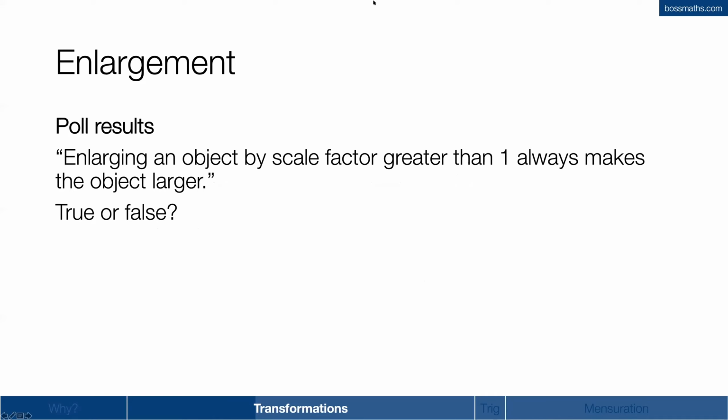So the poll results, I'm afraid that was a bit of a trick question. I think we had 94%, unless I'm mistaken, who went for true. Enlarging an object by scale factor 1 always makes the object larger. Now, I'm going to say that's not actually true, because I could be talking about a point. I deliberately used the word object. I didn't say polygon or some kind of 2D shape. And I'll come back to that in a moment, but